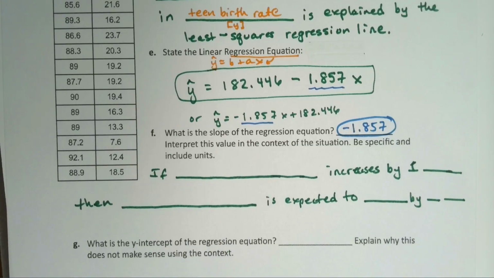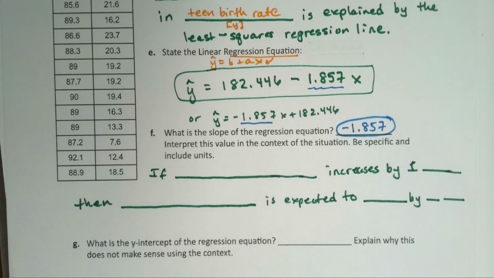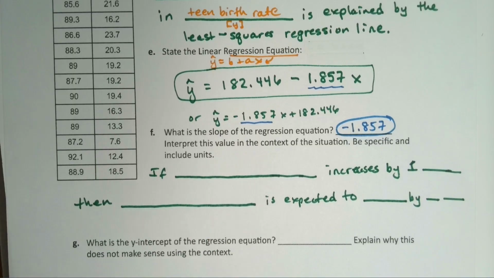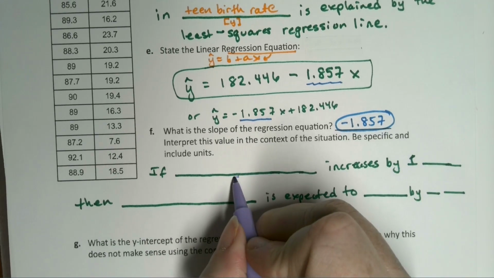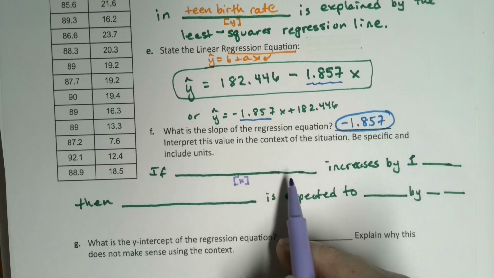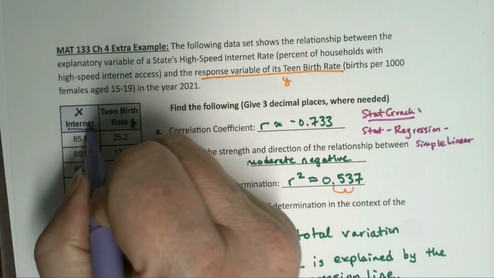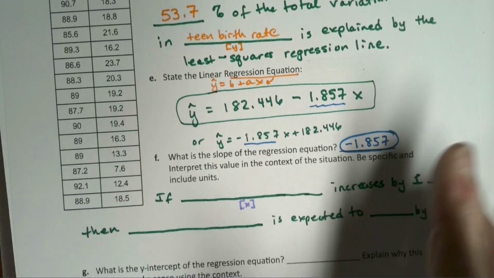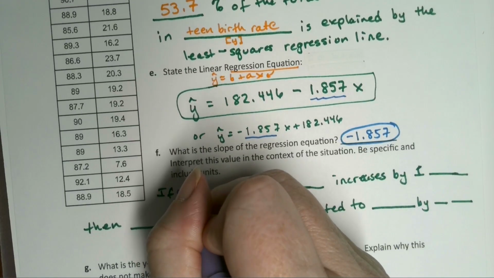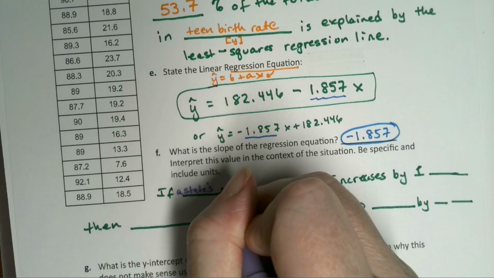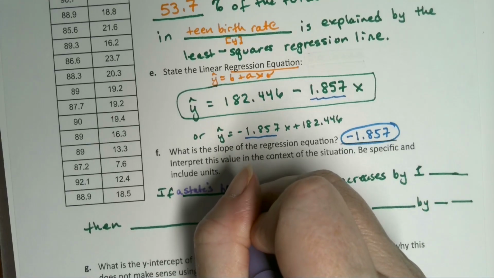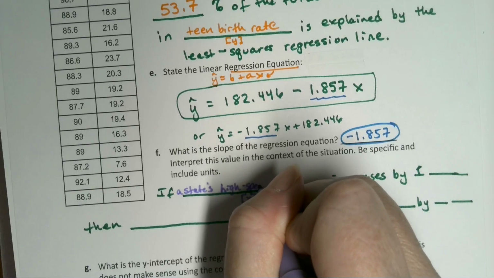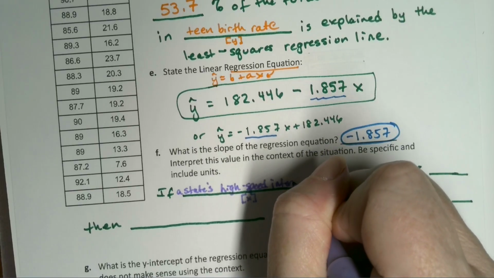Okay, so here's the script in all its glory. So if the x, which let me write that in a different color. Let me write it in purple here. So if the x increases by 1. Now what was x? So if I go back up here, x was the internet, the high-speed internet rate, right? That's x. So if, and it's technically of a state, so a state's internet rate or a state's high-speed internet rate, depending on how much room you left yourself to write, internet rate